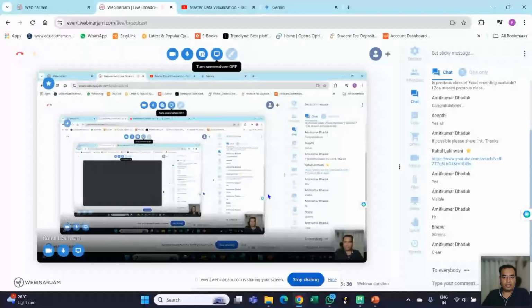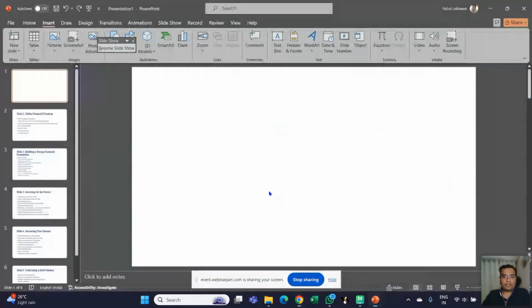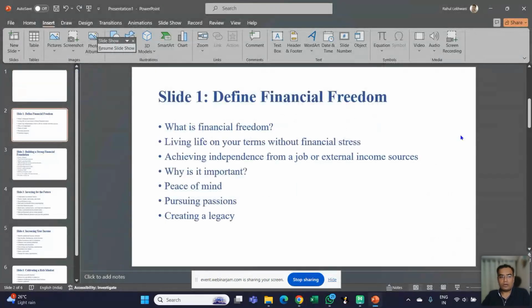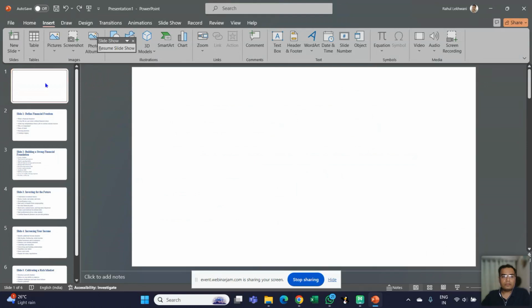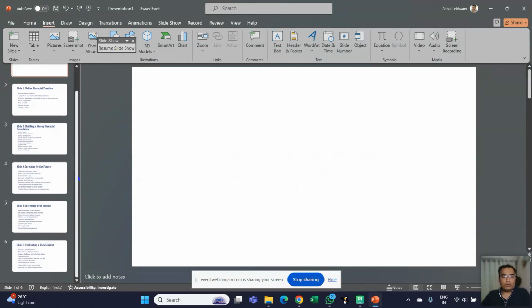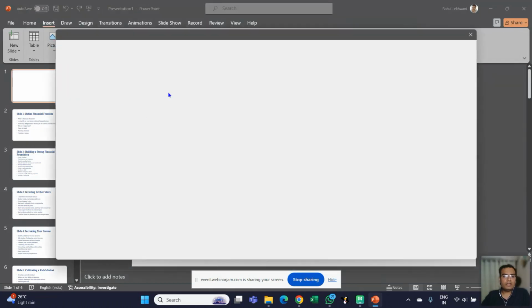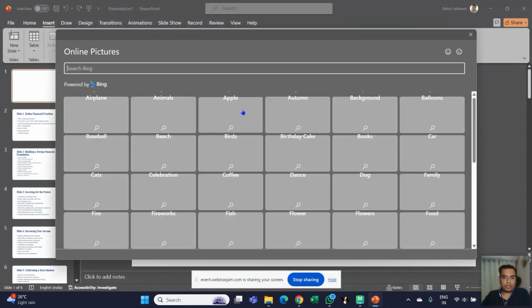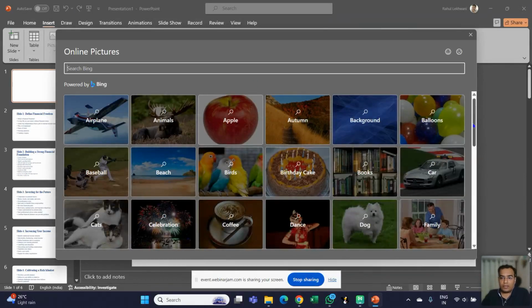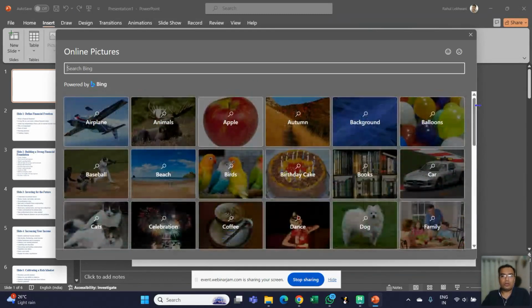Now this PPT is actually not ready. We have just created the outline. If I want to give a title, for example, I can use some of the Insert Image options that are available. There is no need of going into separate tools to generate images. You can just go online and search for images. For example,